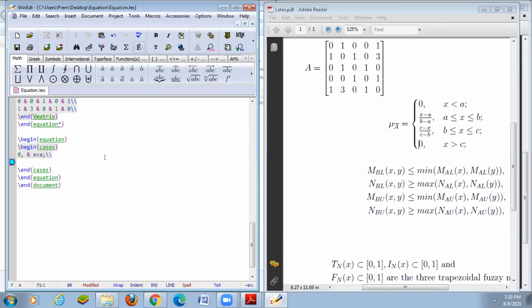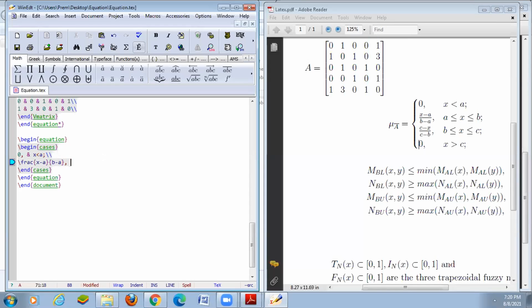For fractions we use frac: the first braces is the numerator and the second braces is the denominator. The numerator is x minus a, the denominator is b minus a.